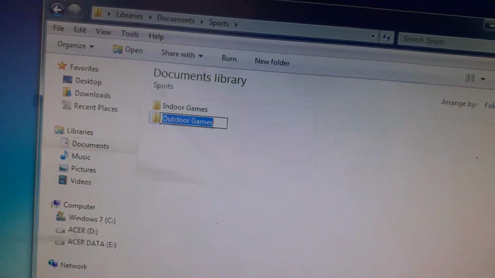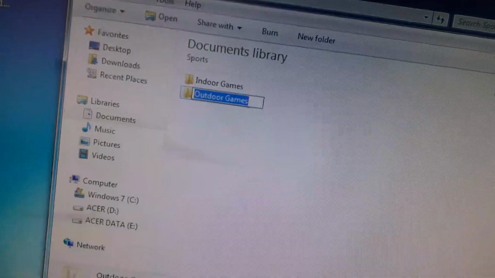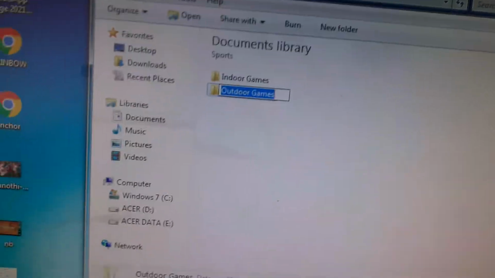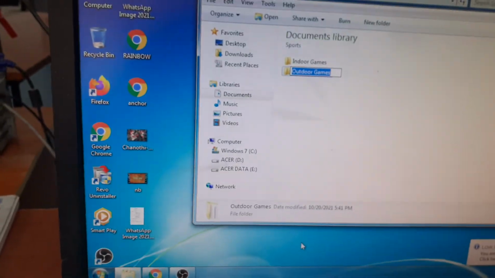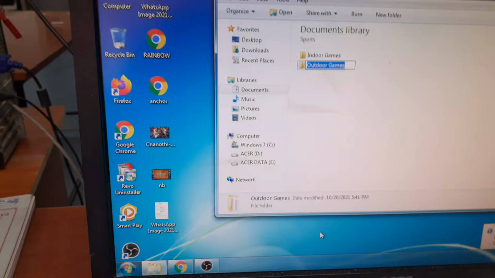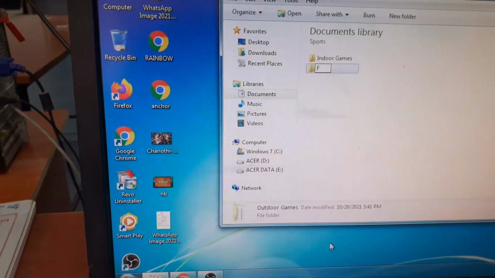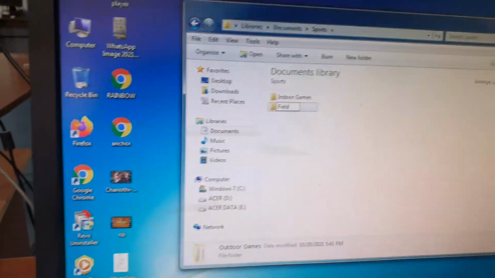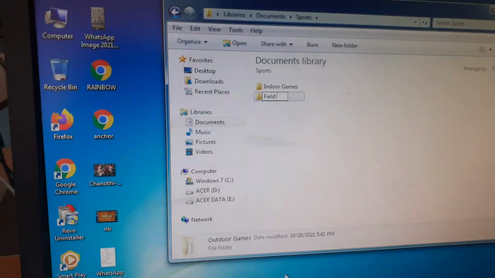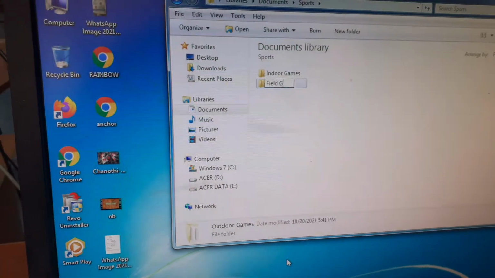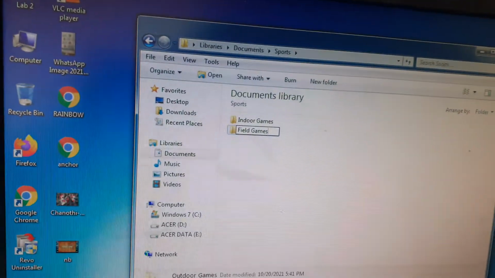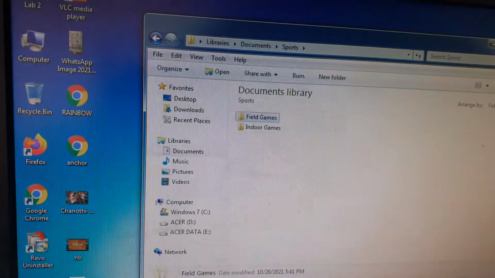Okay children, now here we want to type a new name, field games. So here we have to type field games. In this way we have to type the name field games, right? Now we have to press enter.